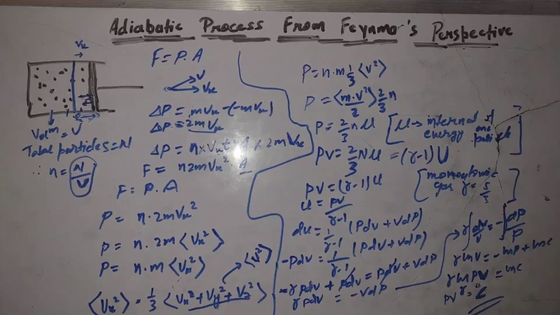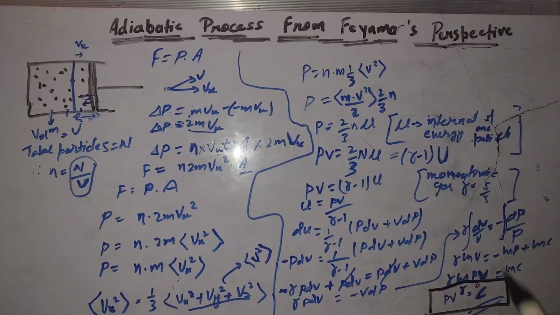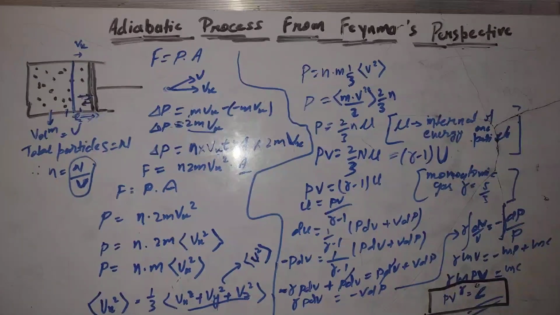So this is the most important equation in adiabatic expansion and compression, which is PV to the power gamma is constant, and this gamma is the same gamma which we used here. For example, for monoatomic, this gamma would be 5/3. And this is constant. So we can say that for any adiabatic process, expansion or compression,